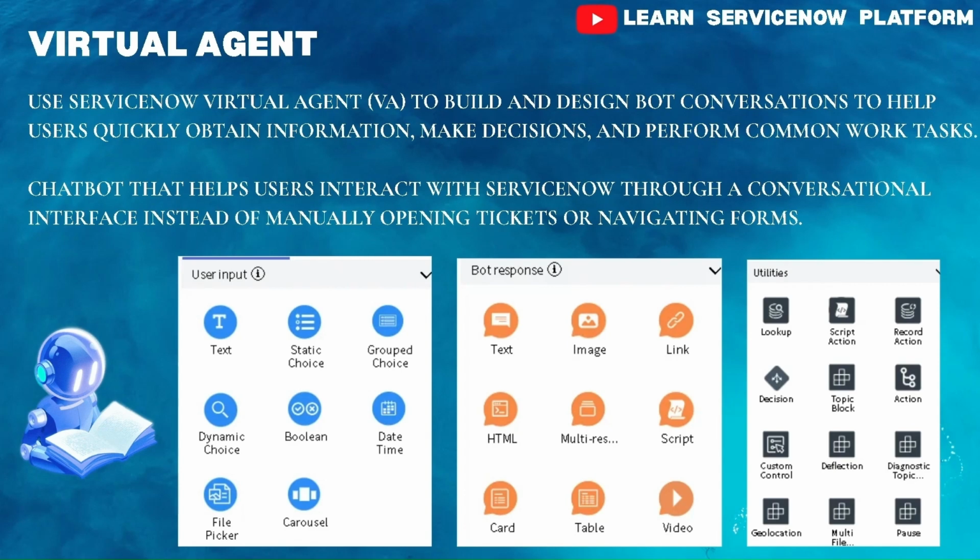Okay, and I will try to cover each topic and each point one by one in my current video or in my upcoming videos. I am promising you that your skills will be enhanced day by day. You do not need to pay any amount to anyone, because I am here to build good ServiceNow topics, so you can enhance your skills